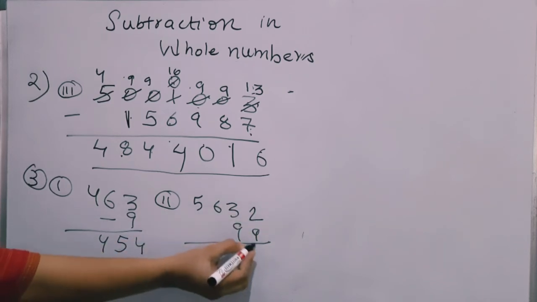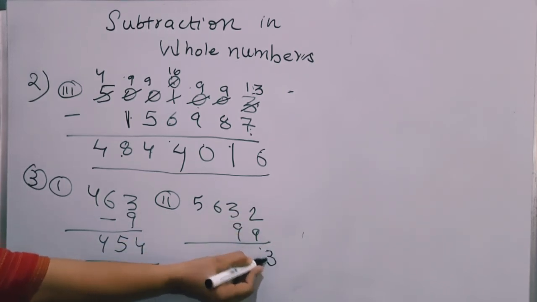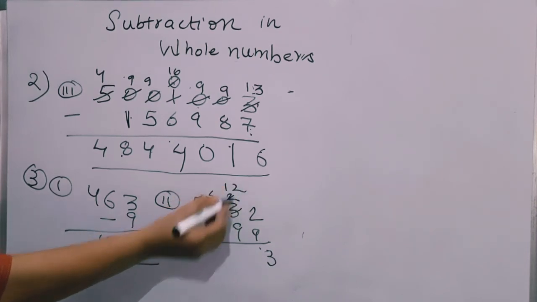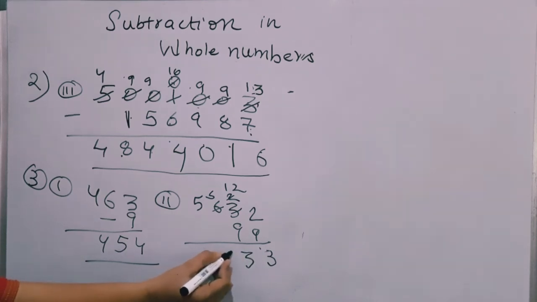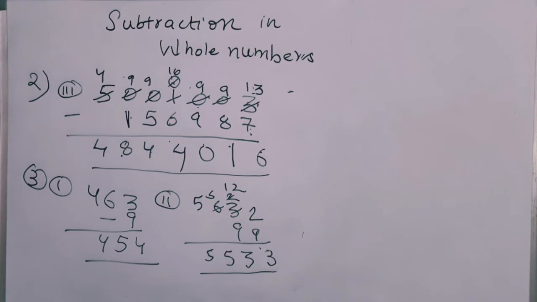2 - 9 is not possible. It will become 12. यहाँ आपका 3 हो जाएगा. Now 3 will become 2. This will become 5 and 2 will become 12. So 12 - 9 is 3. Here it will be 5. Here it will be 5. Right students? So now the missing digits